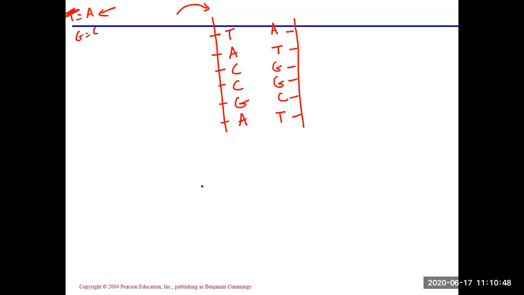All right, good job. Make sure to do a couple of practices on your own. Put one strand, randomly assign these four letters, and see if you can figure out the other one. It's really easy. In between, you have hydrogen bonds. We already know what hydrogen bonds are. We looked at them when hydrogen bonds were present in